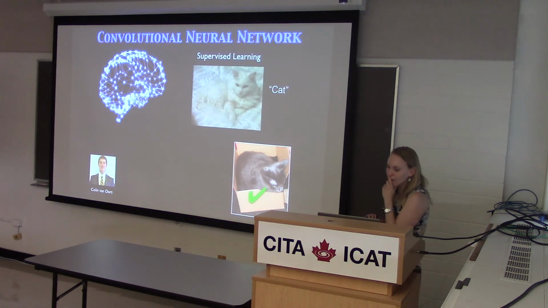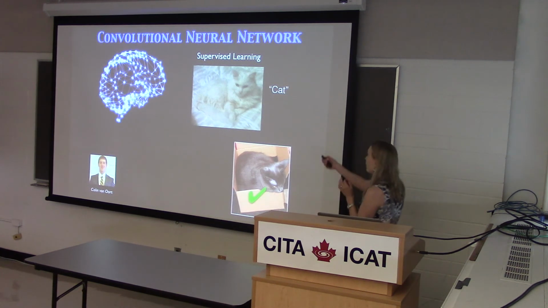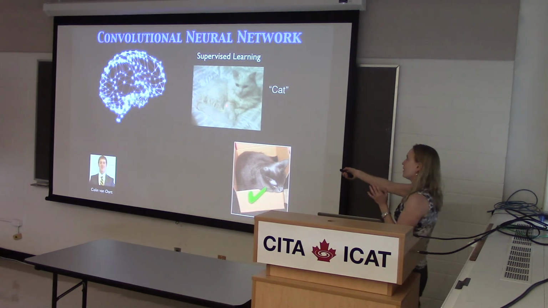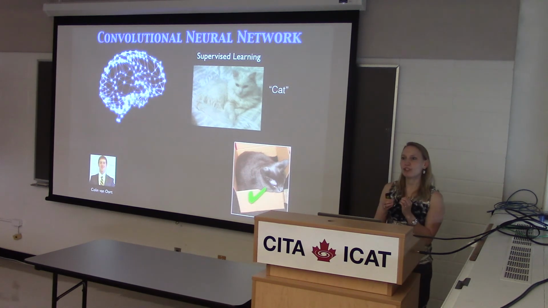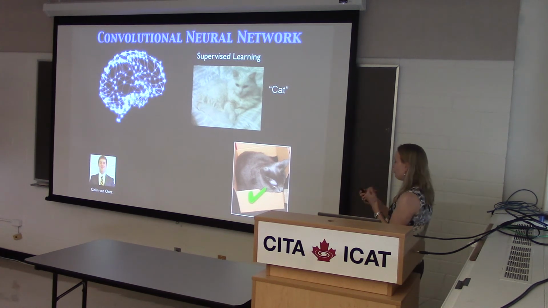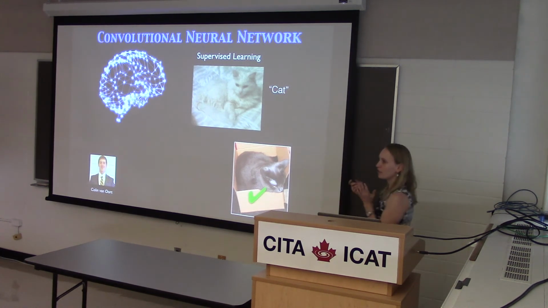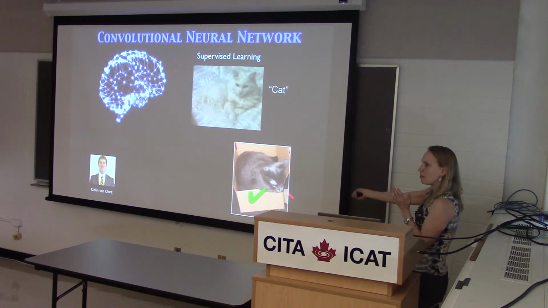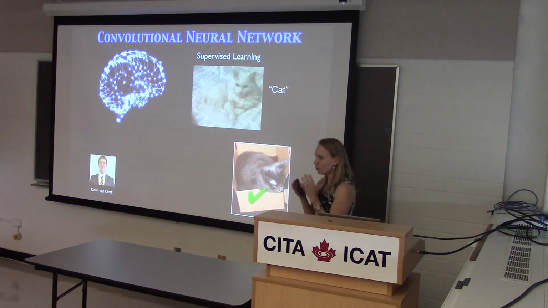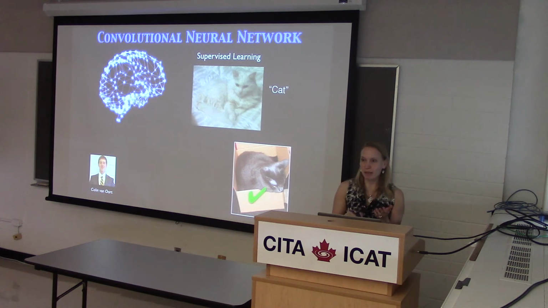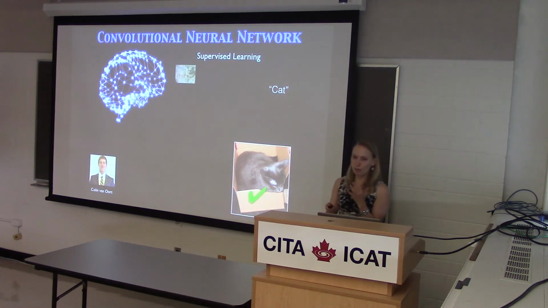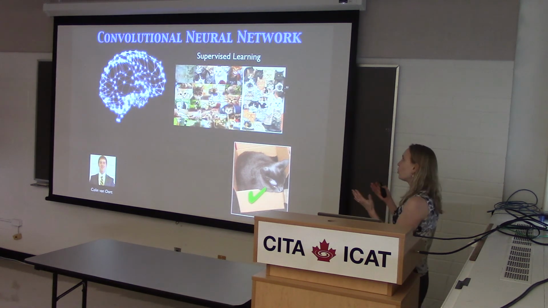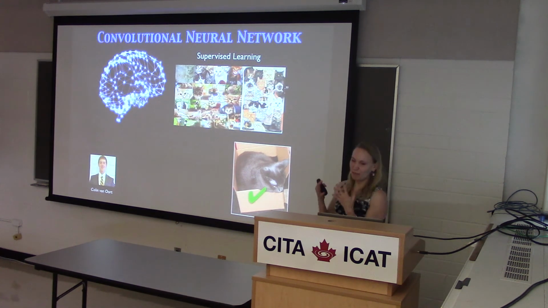So it turns out, if you think about it, this is actually a very hard problem. This cat is white on white, and your eye is very good at picking that out. You don't even know how you do it, but it does it. And why? If you were an alien who landed on the planet and you just saw this, you would probably not say these objects were the same thing. The reason you're able to identify it is because since you were a toddler, you've been looking at different examples of cats, and you formed your own mental training set for what it means to be a cat.